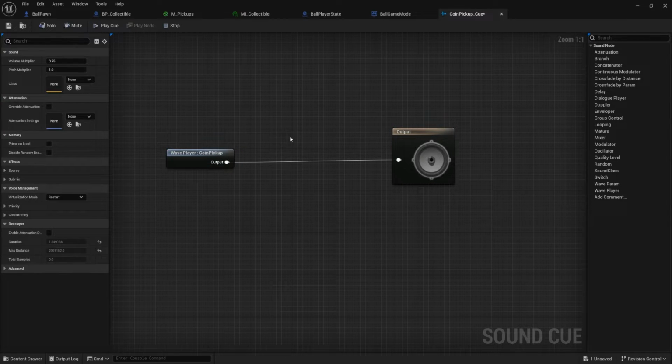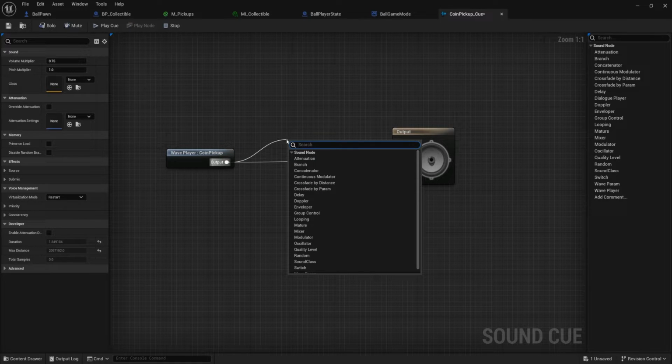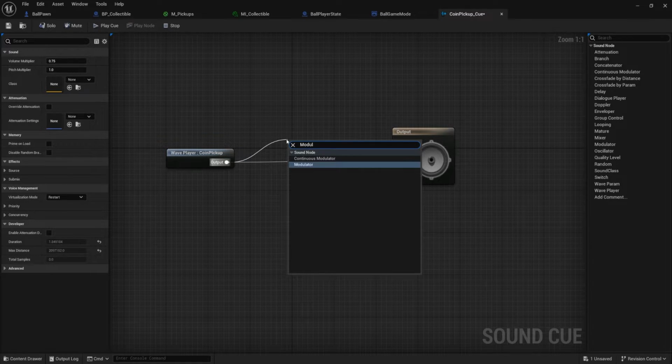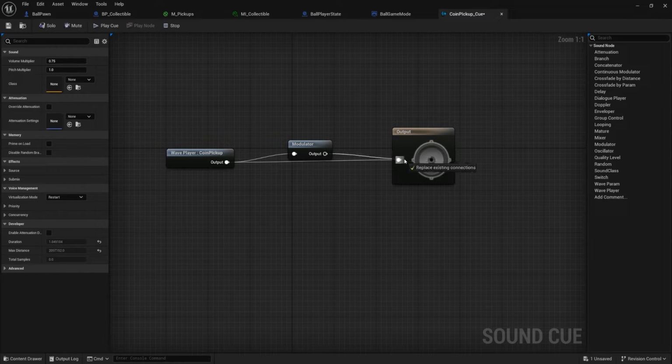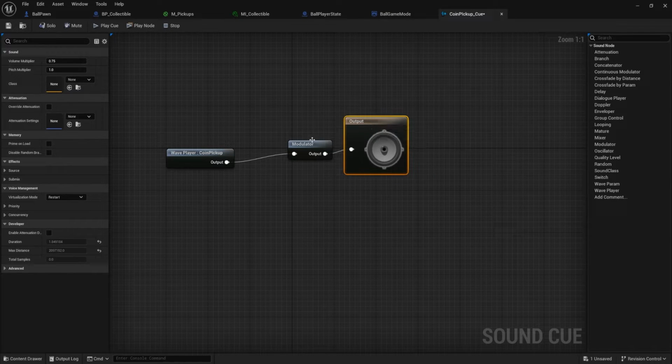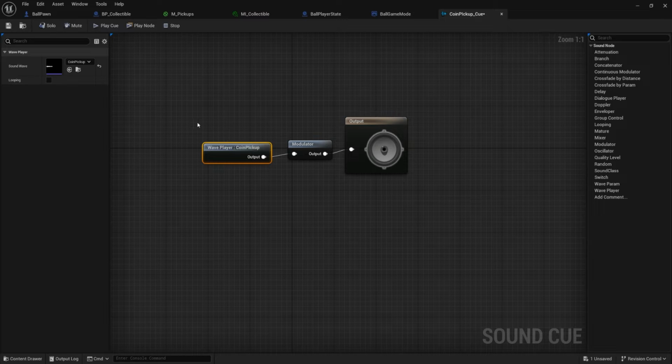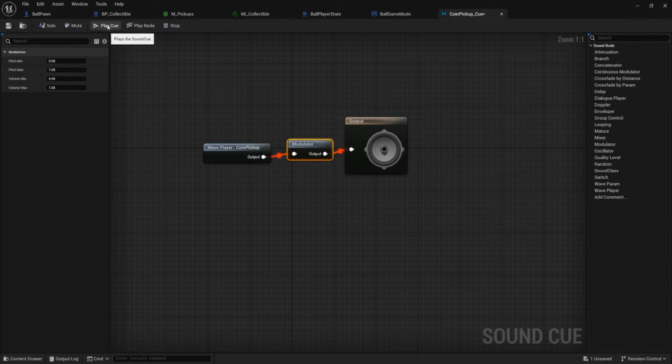One thing that I like to add is something called a modulator. So let's pull off of our sound wave that we're going to play and call this modulator. And I'm going to connect the output into the final speaker. This is what we hear. And this is our sound wave that we imported. But on modulator, every single time we trigger this, it's going to give slight random variation to the pitch, just how high or low something is, and the volume, which is how loud or soft it is. So if I hit play a couple times,